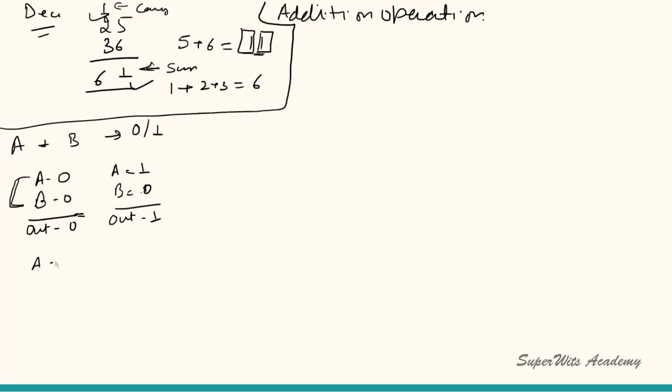What if I have A as 0 and B as 1? My output will be 1 in this case. Now, what if I have A equals 1 and B is also equal to 1? Then my output here is actually,